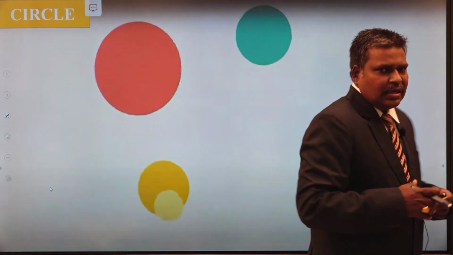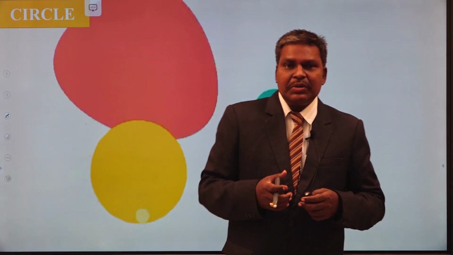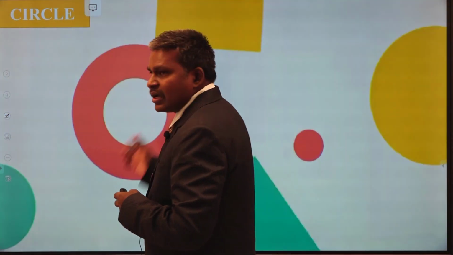Now let us extend some more concepts related to the geometrical properties of the same circle, and then we go to the parametric equations of the circle. What are the parametric equations of a circle? Why do we need to learn parametric equations even though we know the equation of a circle? Let us see the corresponding problems related to them. Okay, let us start the class.